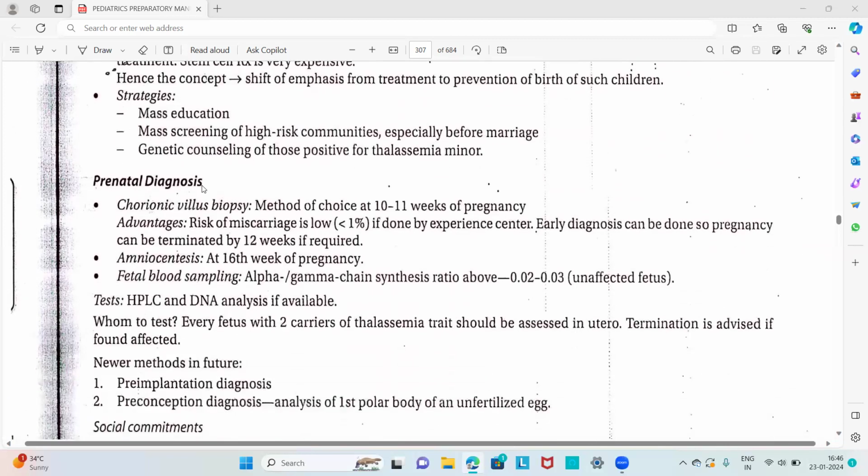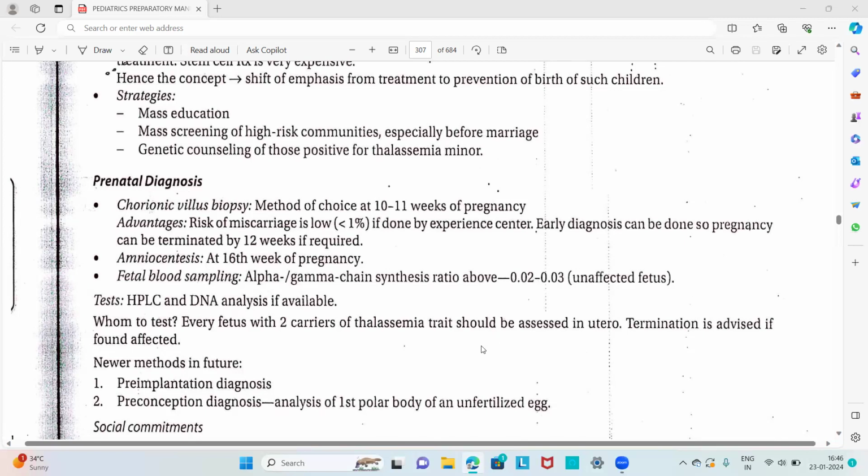Then about the prenatal diagnosis, we have chorionic villus sampling, amniocentesis and fetal blood sampling. The tests are HPLC and DNA analysis. Chorionic villus sampling is the method of choice at 10 to 11 weeks of pregnancy, and amniocentesis at the 16th week of pregnancy. In fetal blood sampling, the alpha to gamma globin chain synthesis ratio is above 0.02 to 0.03